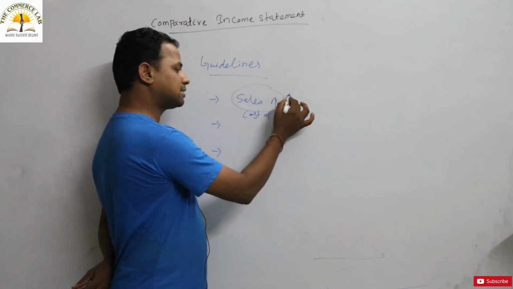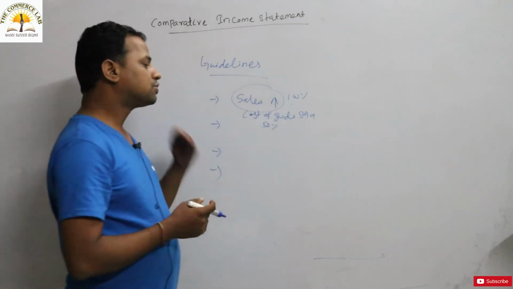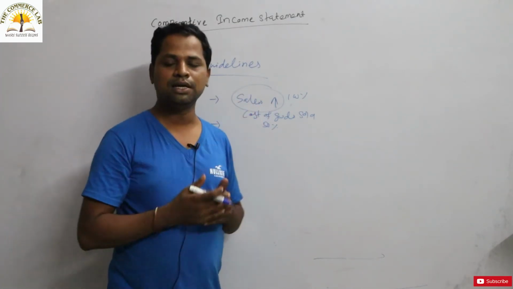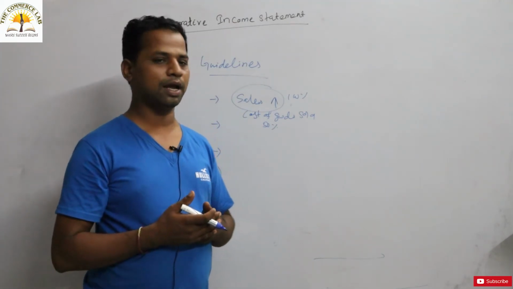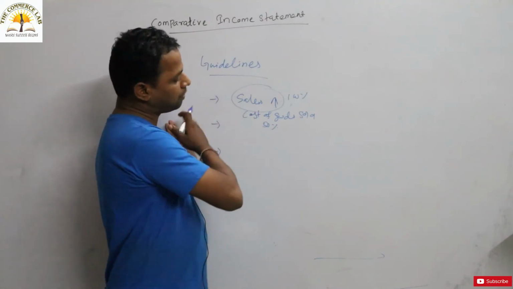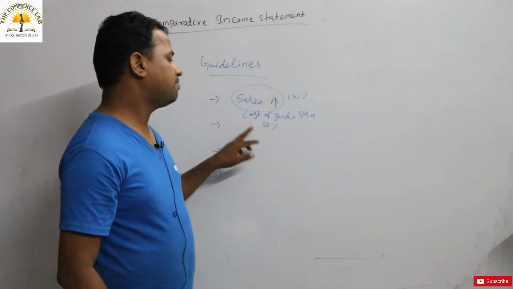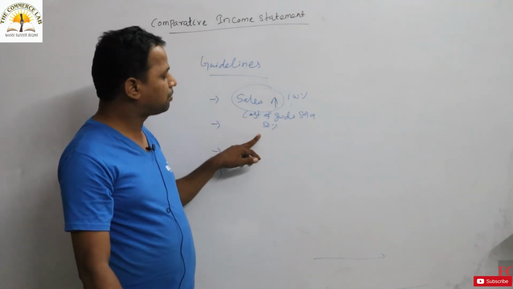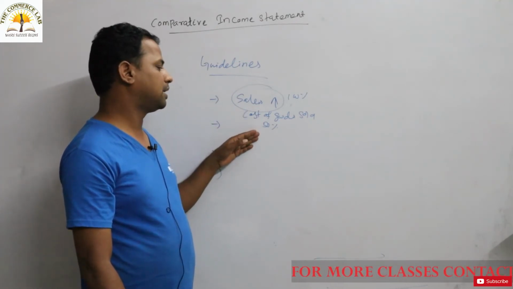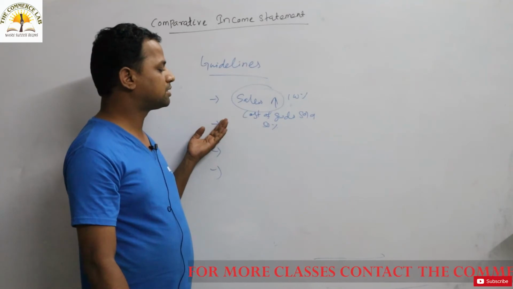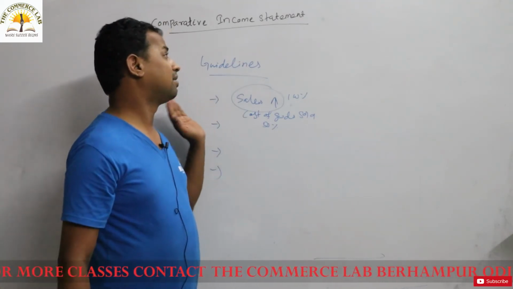If your sales has increased 100%, and your cost of goods sold has increased 50%, so what does it mean? Your sales is increasing, your income is increasing. Okay, accordingly what will happen? Your profit will also increase. Okay, if sales is increasing from one year to another year, that does not mean the company is making the profit. So if the cost of goods sold is less than proportionate to the increase in sale, if the cost of goods is increased by 50%, let's take, if the sales is increased by 100%, then we can say that the profit will come in that particular organization.